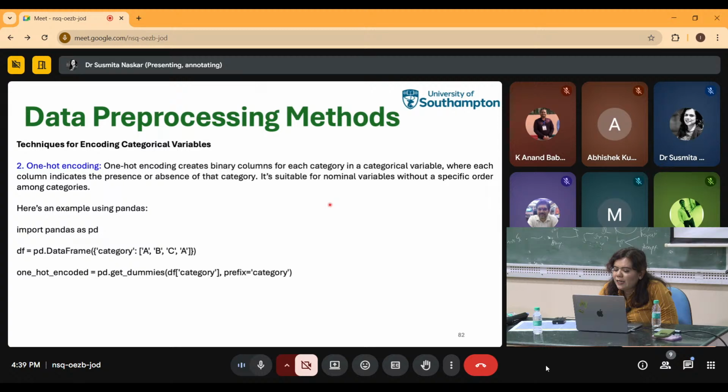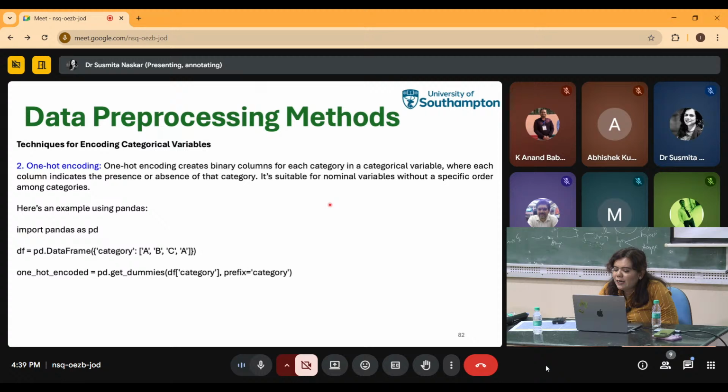However, you have to keep in mind that one-hot encoding can increase the dimensionality. That means it can make your calculation very complex. It can make your data set quite big if there are many unique categories. So if you have too many categories, this can make your data much more dimensionally big, right? And that can affect the model performance. So in that way, you have to use some kind of machine learning model which can actually handle